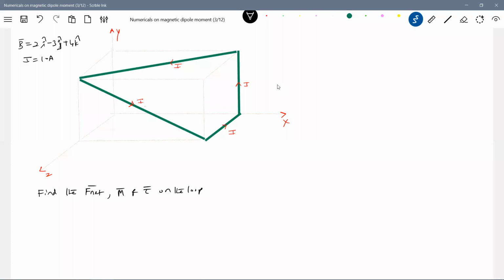Look at the different parts of the loop. They are lying in different planes. So therefore, what has to be done? I should assume equal and opposite current elements. So let's bring a current element here. I think this will be enough. So a complete loop is formed. So here is what we have, one loop.